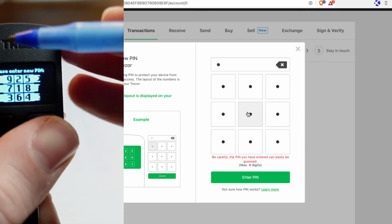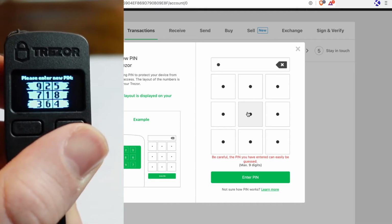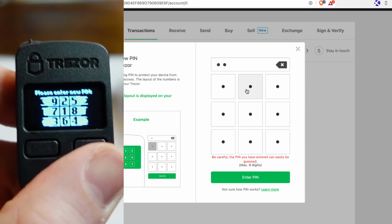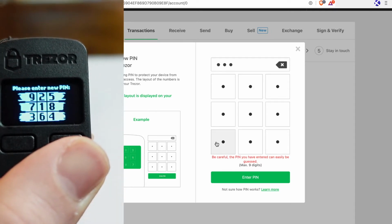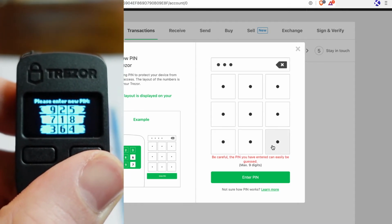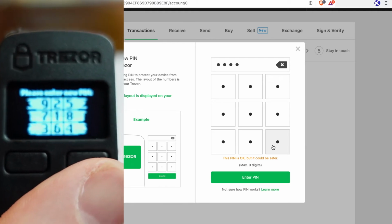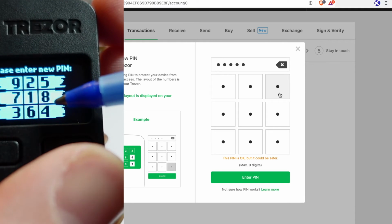Same thing with number 2. So it's that top middle box, and I need to click the top middle box on the computer screen. And number 3 is that bottom left box. So I need to click the bottom left box on the computer screen. And again, this is a nice security feature, and it just ensures that no keyloggers or anything like that can keep track of what your PIN code is, because these digits are in all different spots and they actually change each time you plug in your device. And you'll see we've got our final digit there,